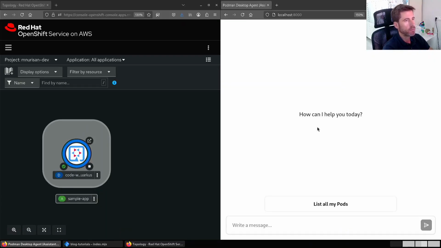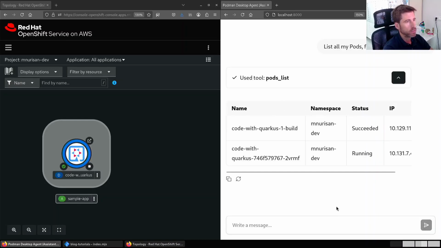So here on my right, I have a local ChatGPT implementation that has the Kubernetes MCP server loaded. And on my left, I have the view of my OpenShift demo cluster. So I'm going to ask Granite to list all my pods. So as you can see, the model called the function pods list, and it actually replied with a markdown formatted table with the pods that are running in this cluster. So yeah, this is kind of simple, but let's ask it to run a pod. So run a pod with